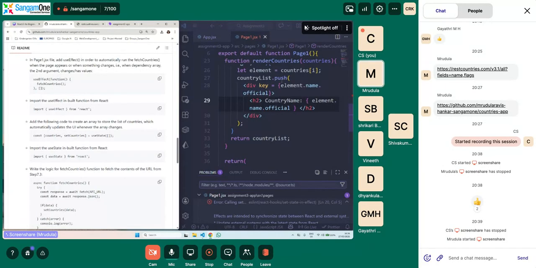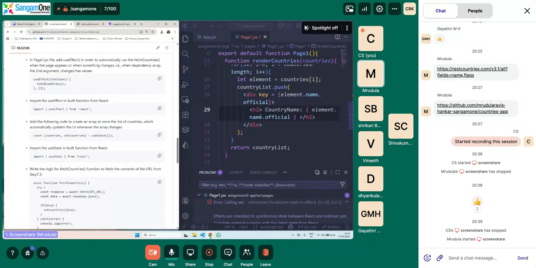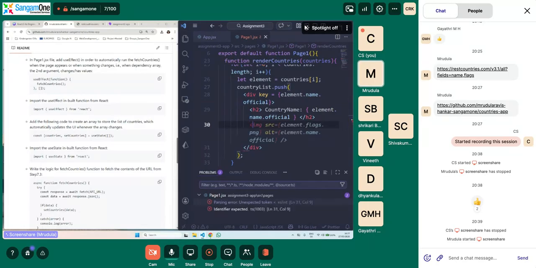Inside this, after H2 itself, we can add another HTML tag called img, and as you already know, it is a self-enclosing tag. For the image, we need to give the source.